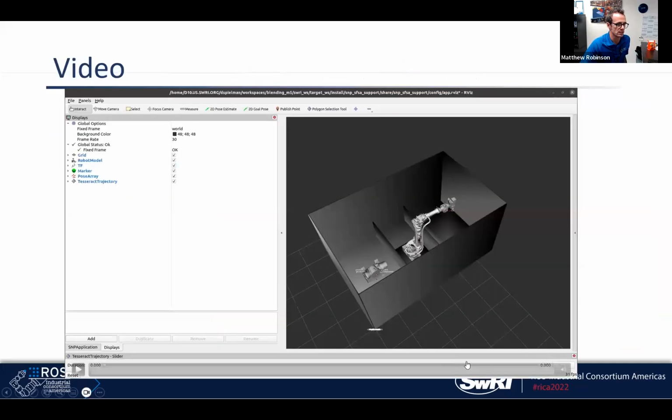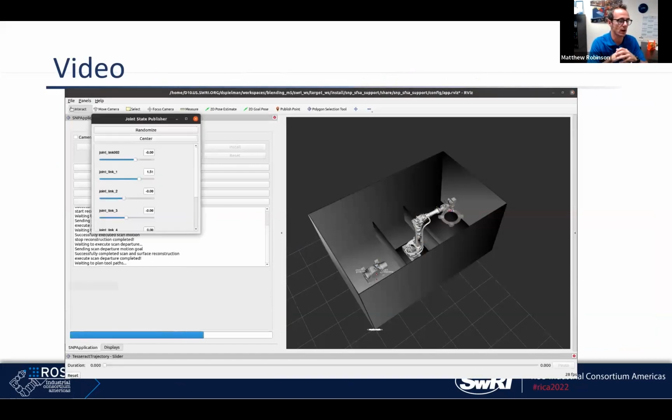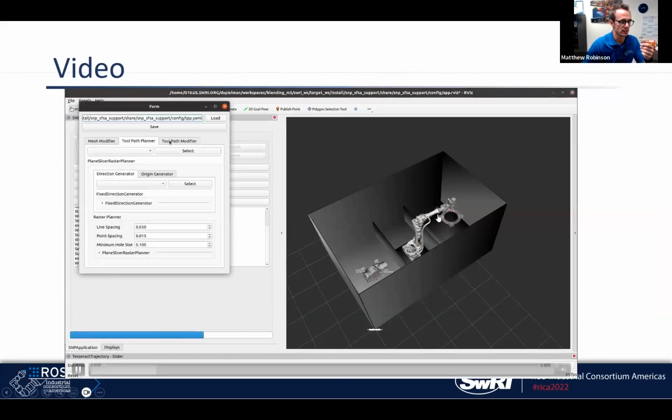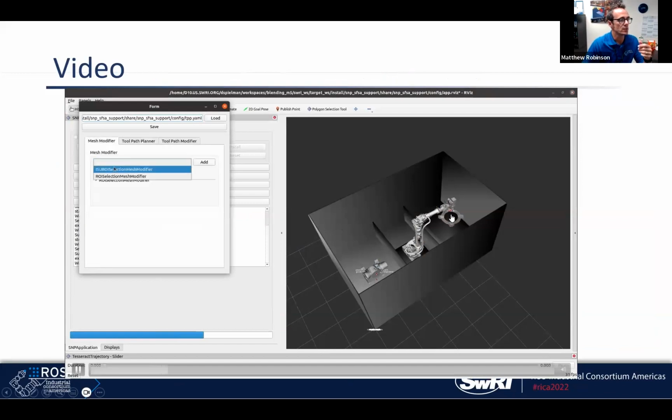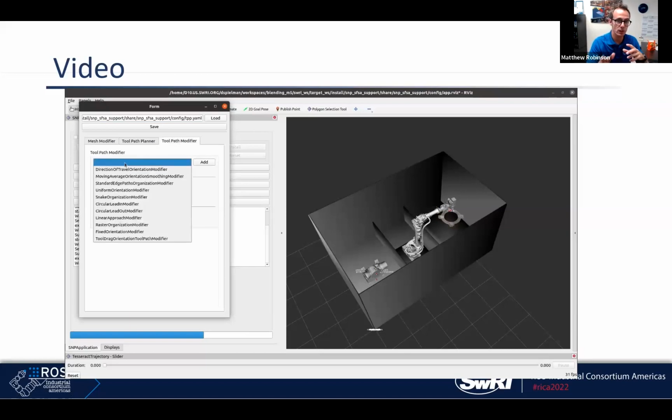Our team member recently put together the to-be-deployed system at the Foundry. So a specific system is being built and delivered to a Foundry as part of this program, and the Foundry will eventually take ownership of it. This steps you through the UI. There's the particular casting of interest. You'll note the drawn boundaries are already on there. You can see here we're working with what we call a mesh modifier, because we're working with colorized meshes as part of industrial reconstruction, which there's a blog post out there about,